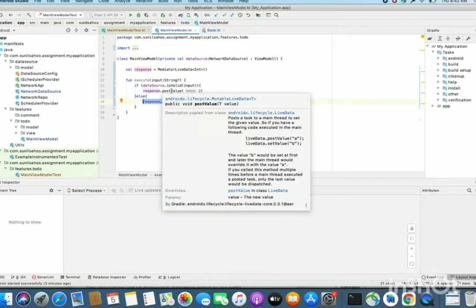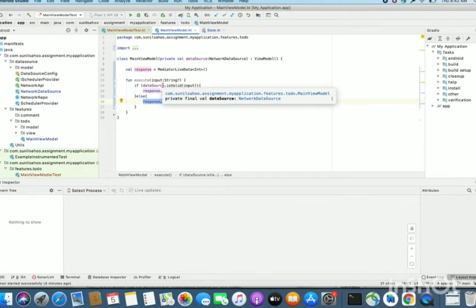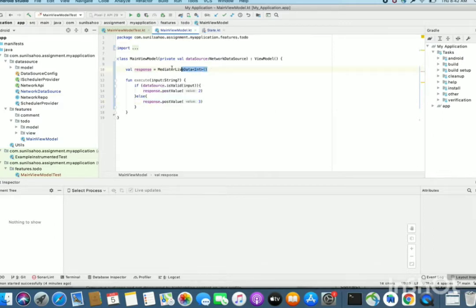Similarly, we can use setValue as well, but that is a different discussion, when to use setValue and postValue. And if you see the response variable, it's a MediatorLiveData.